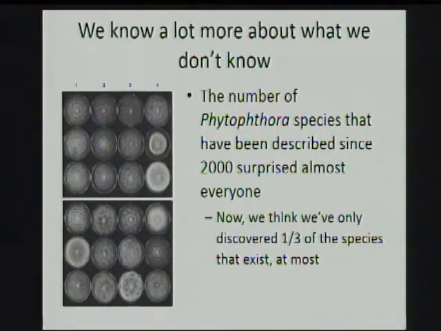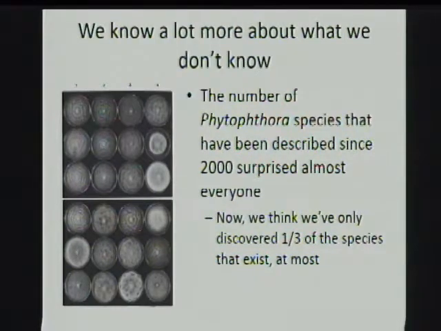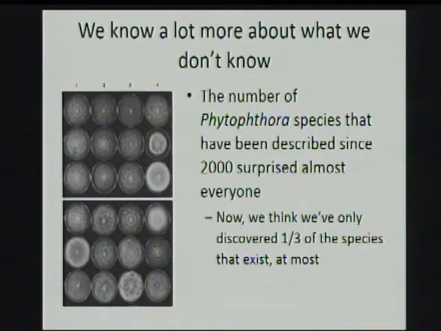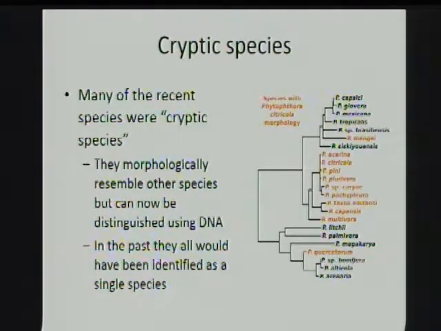One of the big reasons is because we used to think that we had an idea of the general Phytophthora diversity. For most of the 20th century, it was kind of in the 50 species or so. In this book, there's about 65 species. Since 2000, we've described another 150, and yet at the same time, we think we have found less of what's out there. So we think that there's probably 600 to 1,000 species out there, and at most we found a third of them. And so that's a big reason that we think we know less than before.